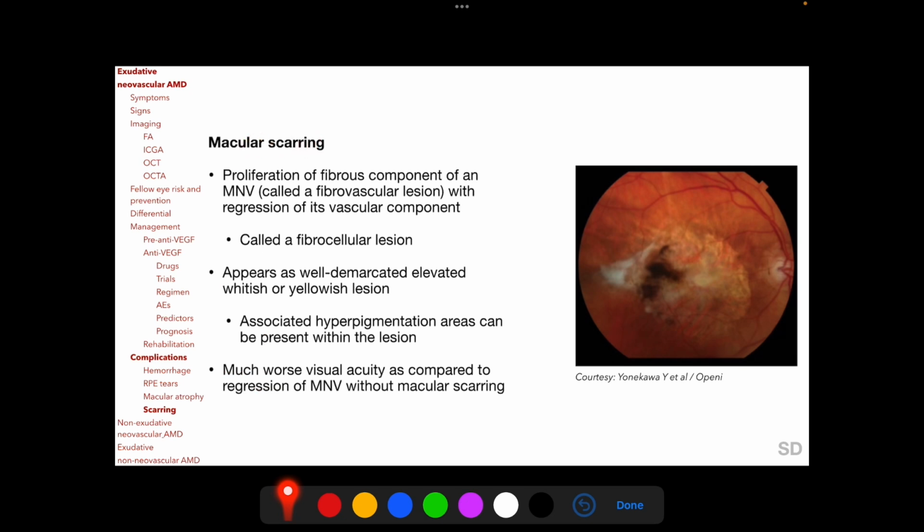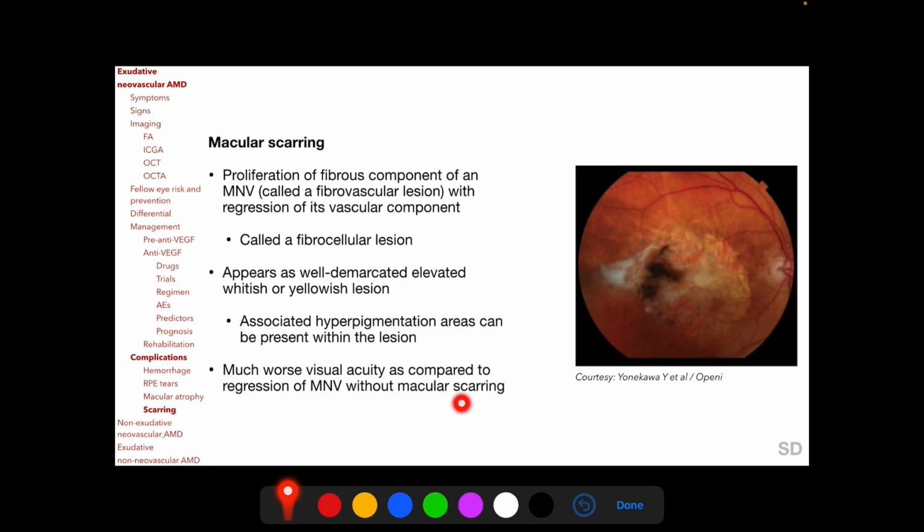Macular scarring is proliferation of fibrous component of an MNV with regression of its vascular component, and it appears as a well-demarcated elevated whitish or yellowish lesion in which hyperpigmented areas can also be present, as seen here in this photograph. And occurrence of macular scarring is associated with a significantly worse visual acuity as compared to regression of the